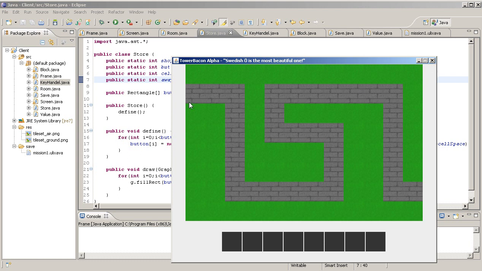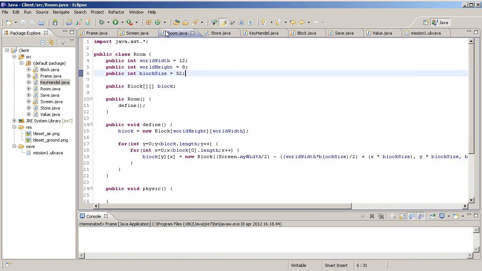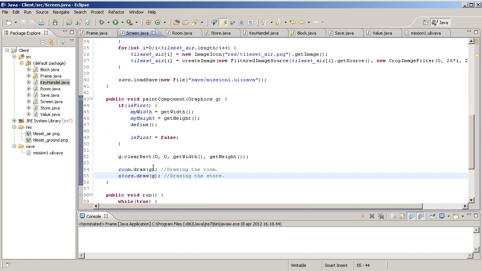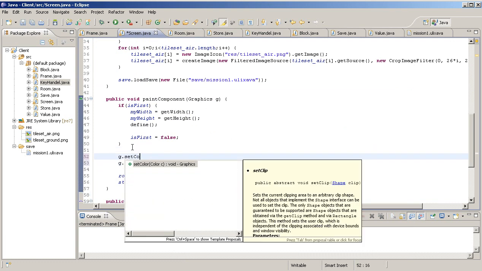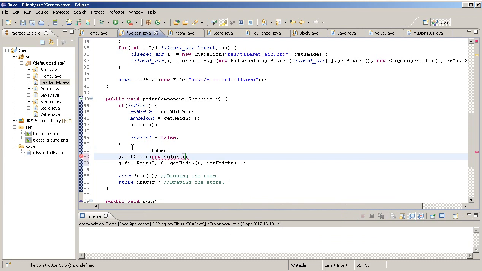I'm actually going to add a little background to this, though we don't have to use this boring background. In order to do that, at first we just want to draw it right on this blank thing. Instead of using the clear rect, we can just do fill rect, and we can set a color before that. So g.setColor, new Color, and we want to set it to, if we want our background to be black, then we do